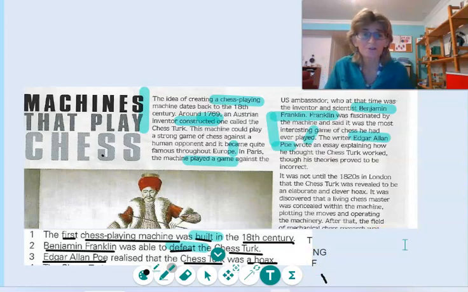So today I've showed you a very short example of a true sentence, a sentence or statement that's not given, and one that is false. I hope that has given you a little insight into how this task type works,